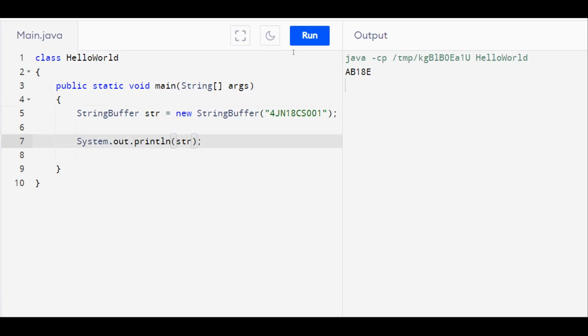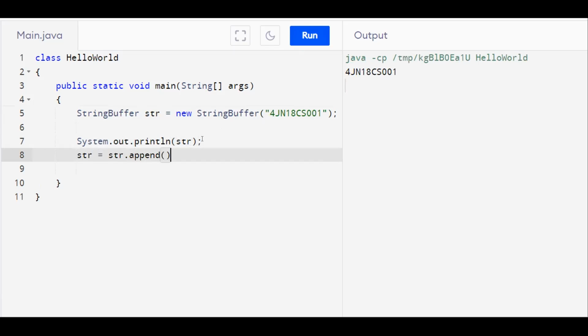We shall print the string, then whatever we want we can append to that particular string using the append method.